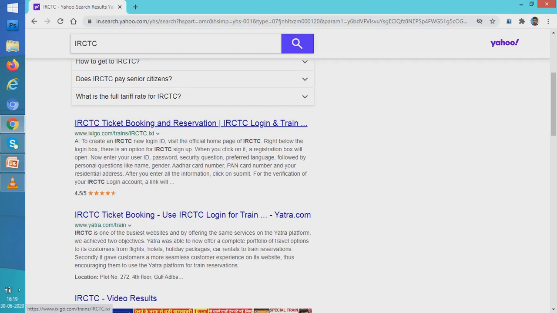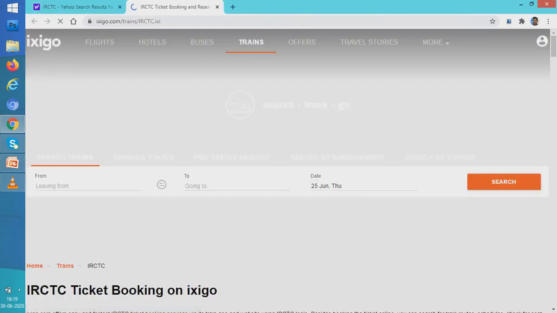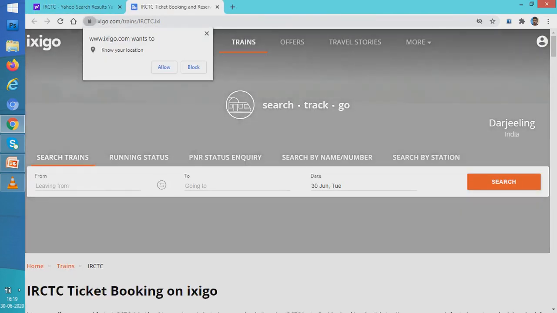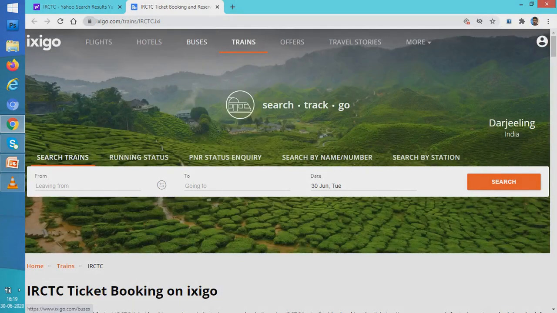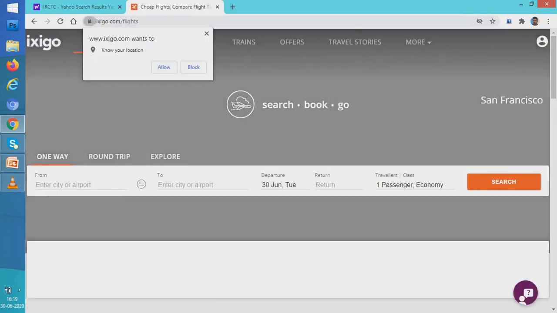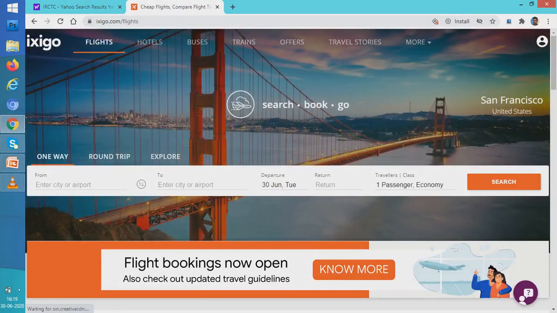So, if I have a login ID, I can go in. But even if I go in, I don't log in, then also you see there are many items here: flights, hotels, buses, trains, offers, travel stories. So what are they? They are different options. And these options, when you go in, will have many items within it. So what we have? We have flights as an item, we have hotels. So lists can be in any given web page.